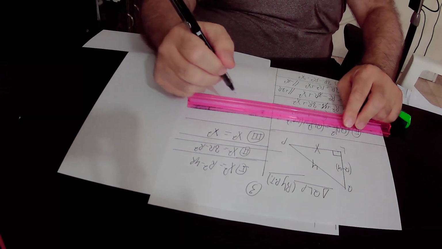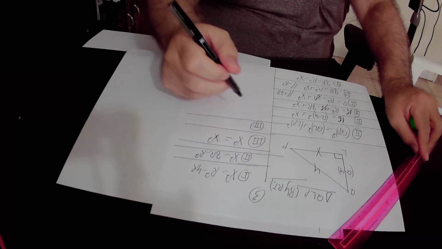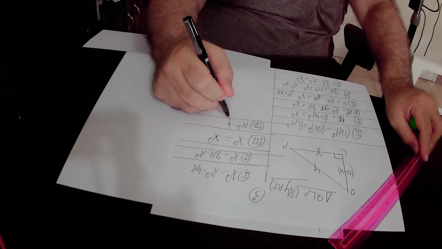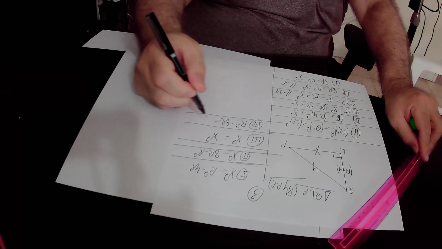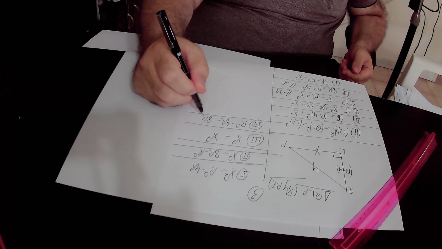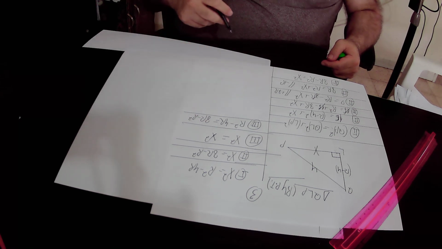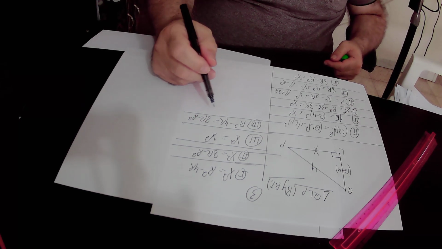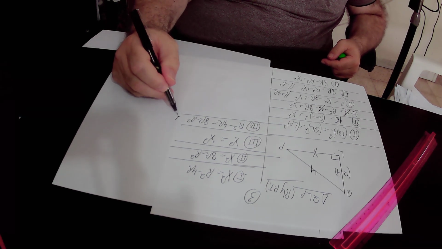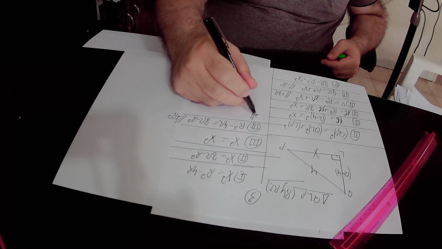So here, x squared according to equation number 1 is R squared minus 4R, and it must be equal to x squared according to equation number 2, that is actually 8R minus R squared. So we found out that according to equation number 3, R squared minus 4R equals 8R minus R squared. Here we will add R squared to this equation, equation number 3, and we get that according to equation number 3,